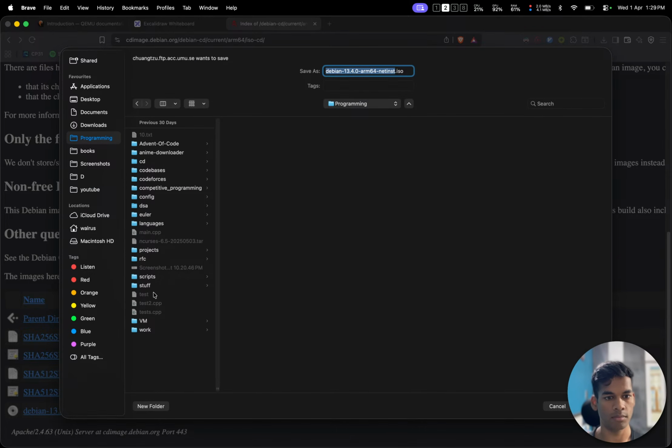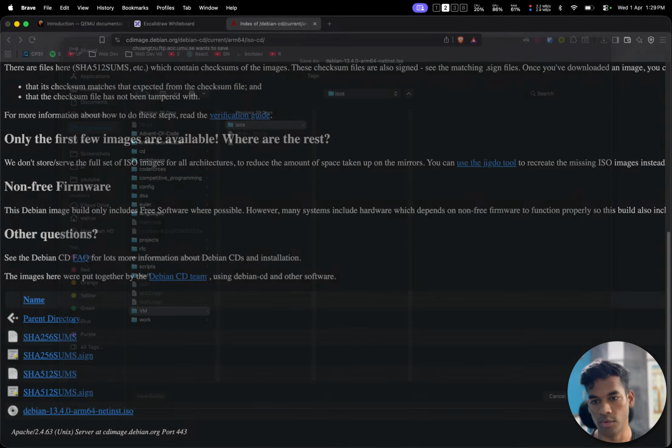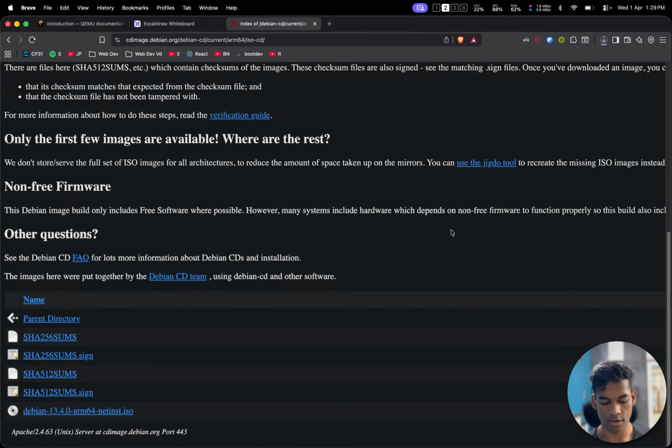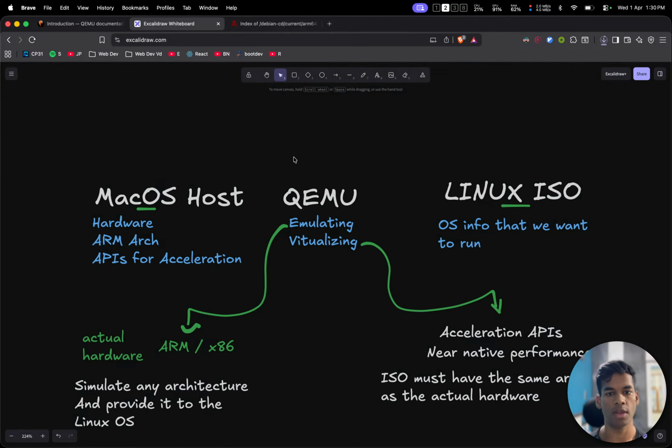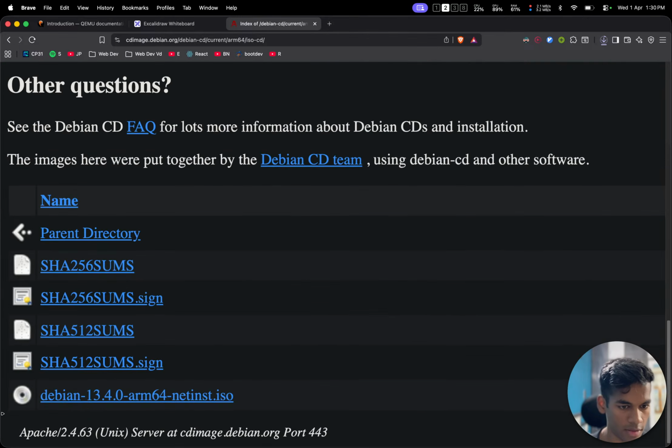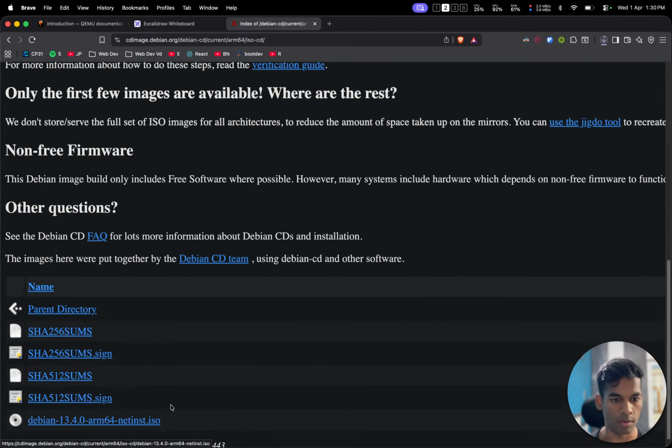Programming VM. Do I have ISOs? No, I do not have ISOs. Okay, this one is downloading. It will take about 3 to 4 minutes. Okay, while the ISO is downloading, and this is the correct one, the ARM 64-bit ISO,